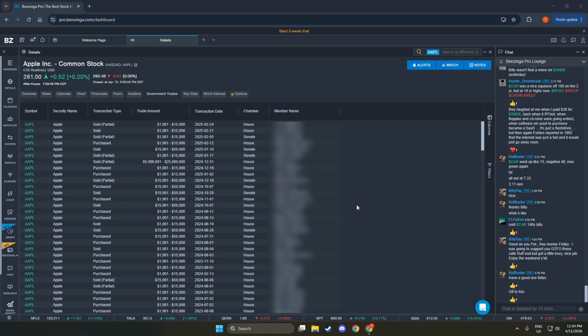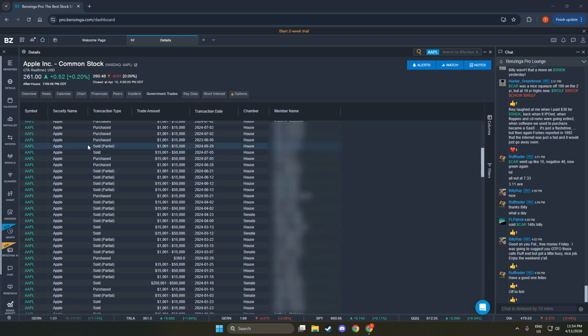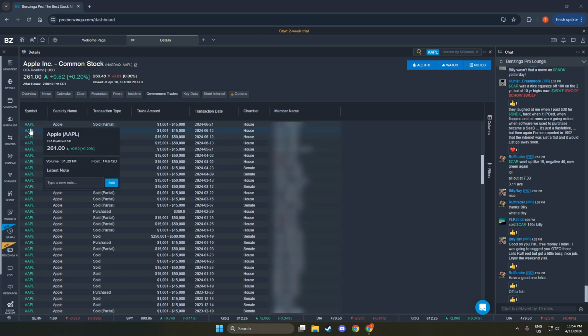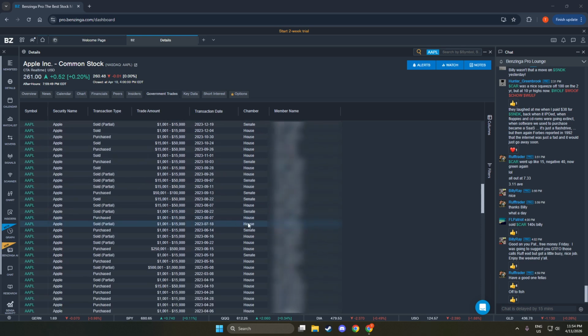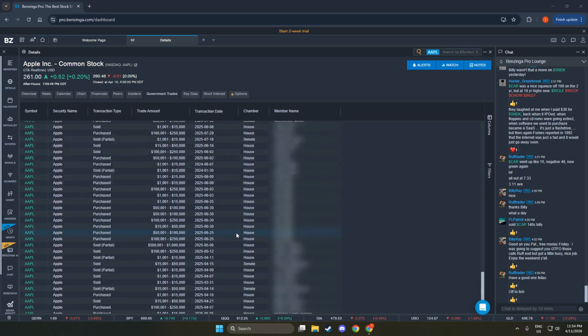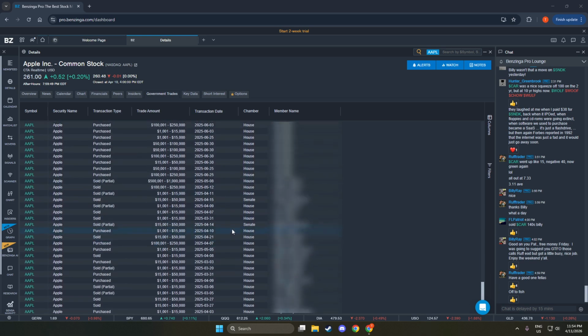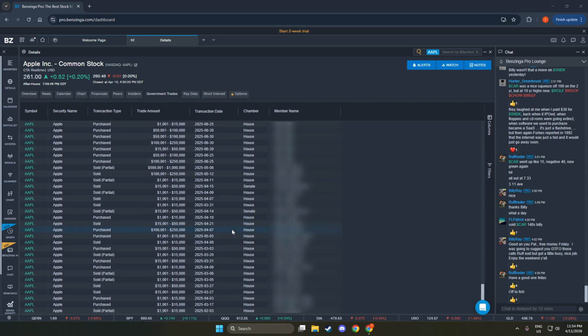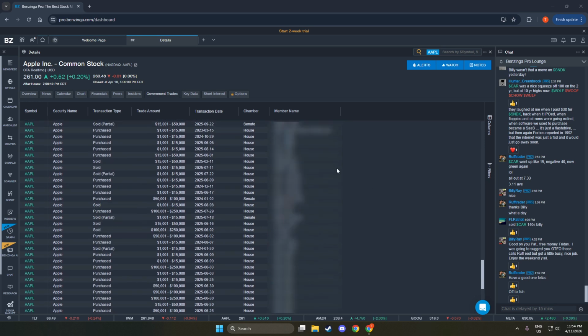Inside Government Trades, you'll typically see a table of recent disclosures. Common fields include the ticker symbol, the name of the disclosing party or entity, the transaction type such as purchase or sale, the disclosed amount or range, and two important dates, the transaction date and the disclosure or filing date. Pay close attention to the gap between these dates. Disclosures can come days or weeks after the actual trade, and understanding that lag helps set expectations for how actionable